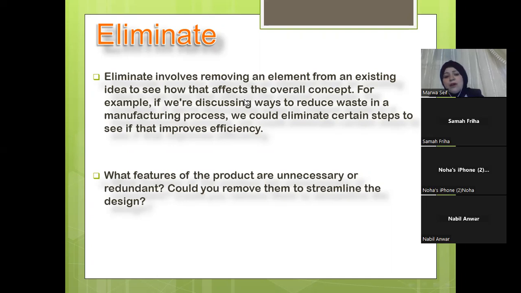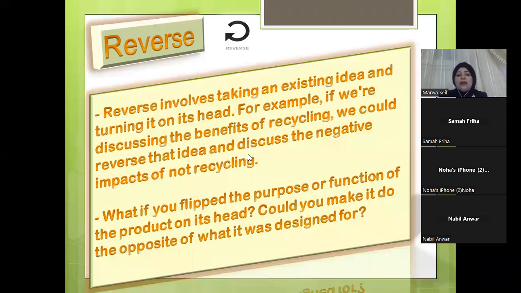For example, if we are discussing ways to reduce waste in a manufacturing process, we could remove or eliminate certain steps to see if that improves efficiency or not. Okay, so now with the last part of the Scamper technique, which is rearrange or reverse. It's the R letter that refers to rearrange or reverse. So you rearrange the steps or reverse them from backwards to forward or upside down in order to create new